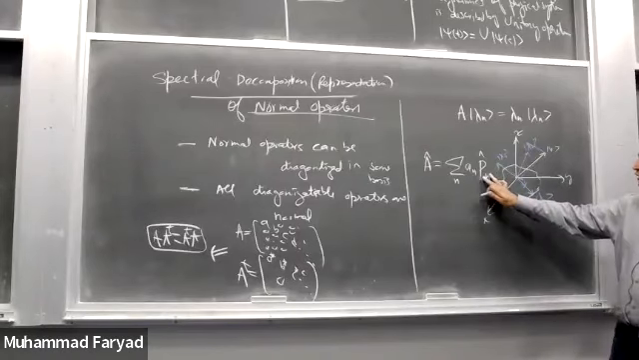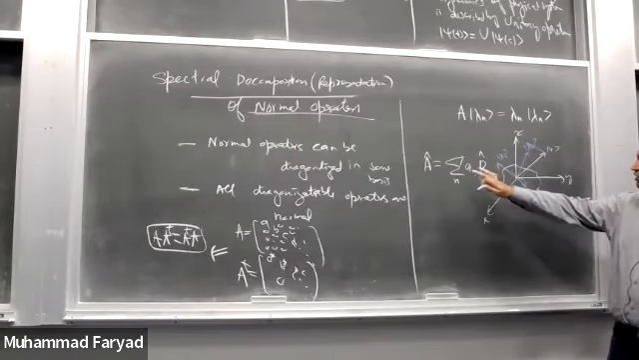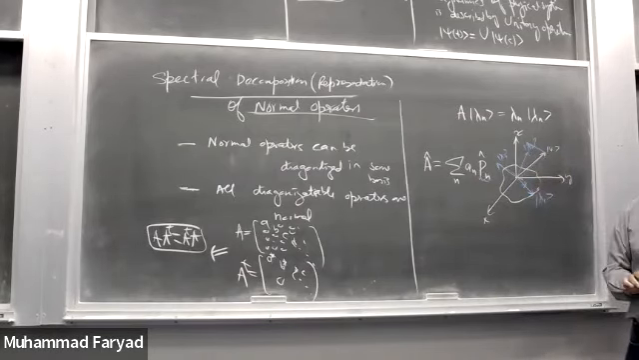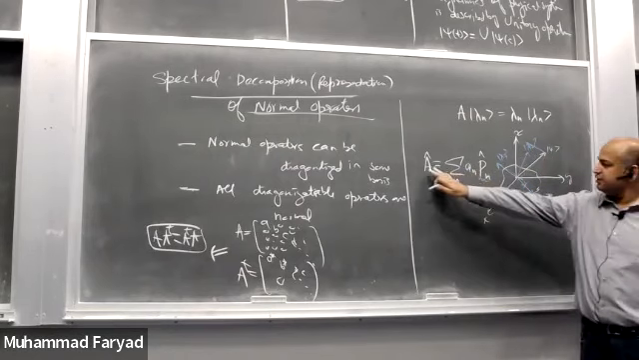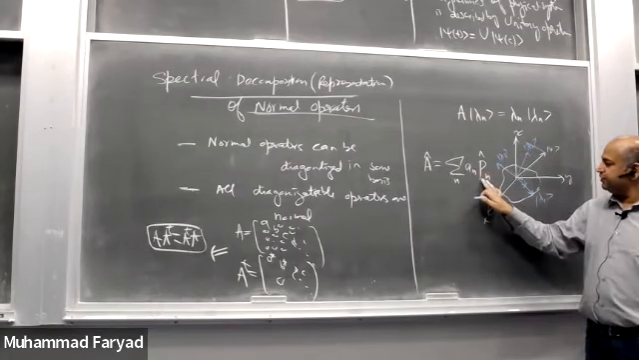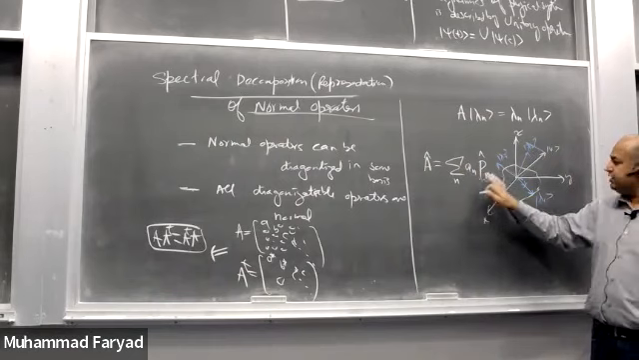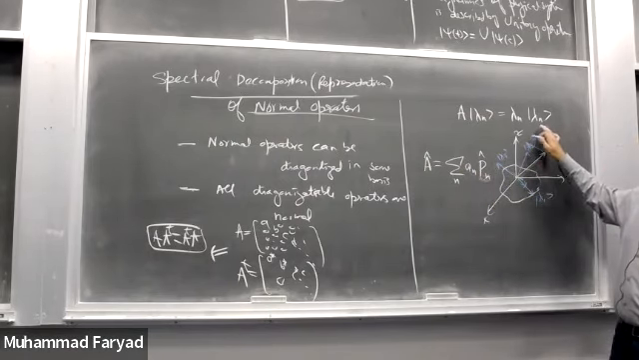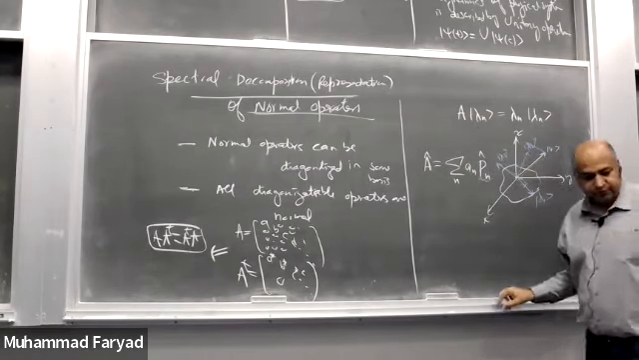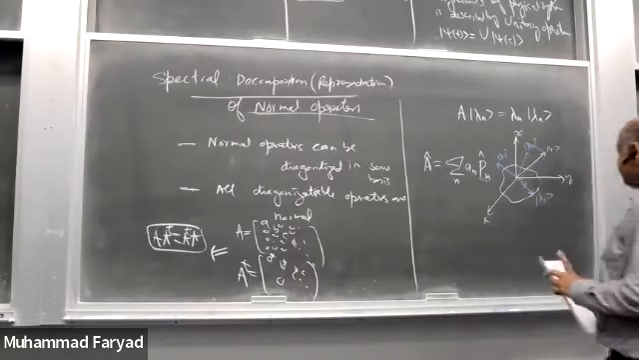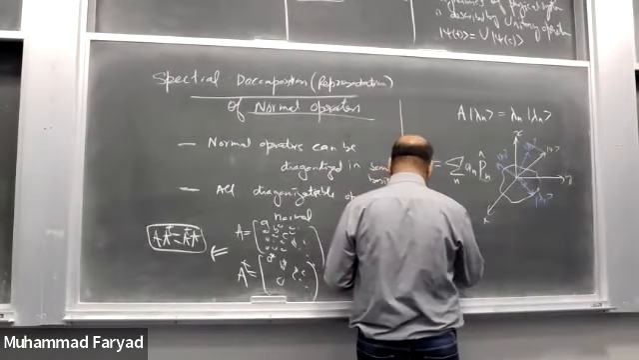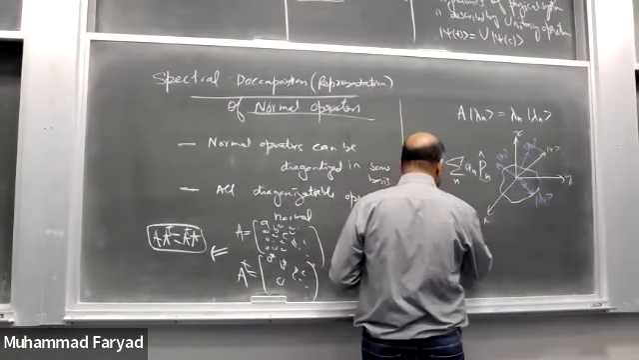So each of the projector operators gives me the component of the vector along the particular eigenvector. This is my projector operator. So I have expressed my operator as a superposition or a linear combination of these projector operators, where each projector operator is projecting along one of the eigenvectors of my operator. Okay, so this first of all means this thing. That these operators